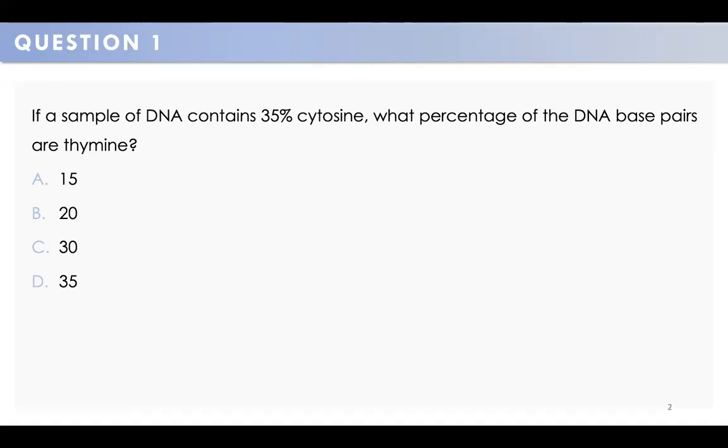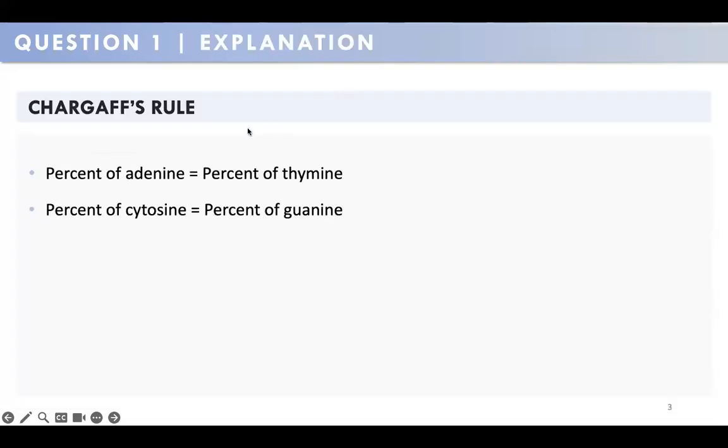If a sample of a DNA contains 35% cytosine, what is the percentage of the DNA base pairs that are thymine? A, 15%, B, 20%, C, 30%, and D, 35%. The answer is A, correct. So this is a very easy question according to Chargaff's rule, where the percentage of adenine